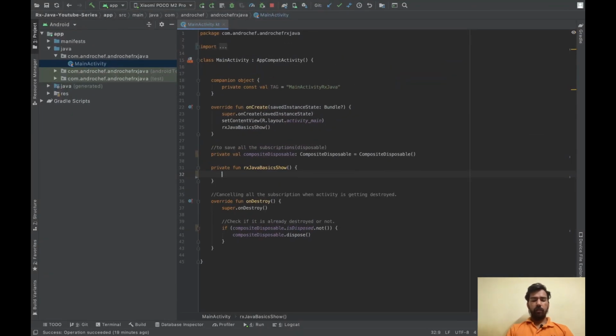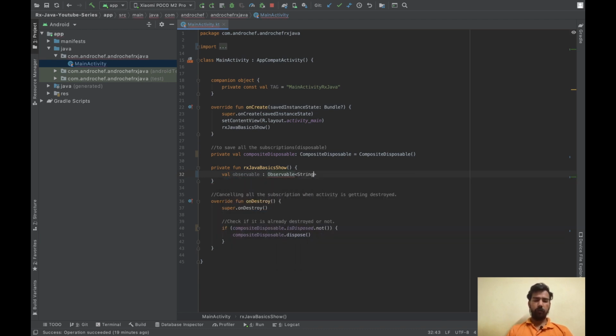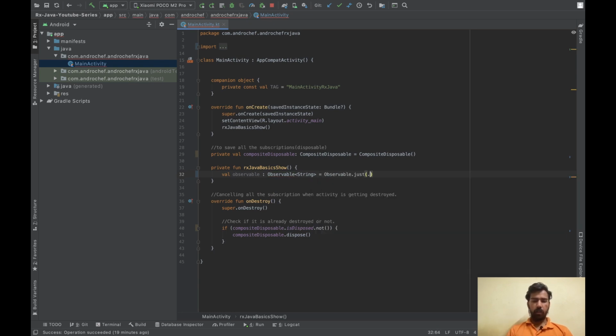First we will create our observable, of type String. As you can see, we can't use just in this example because we need some time delay. Every 1 second or every 2 seconds, we need to pause and emit the data.